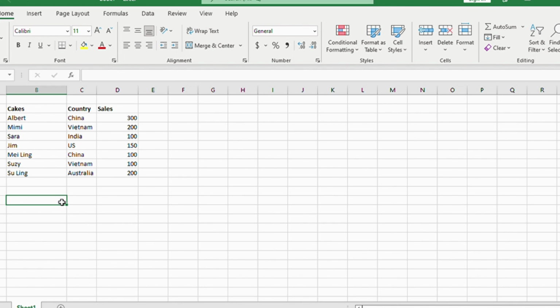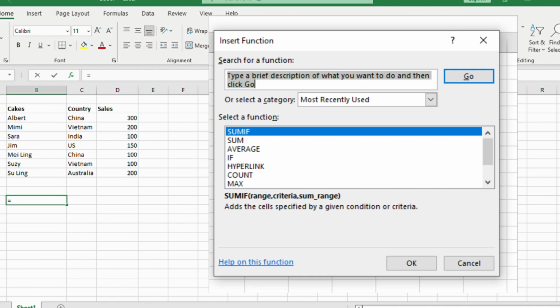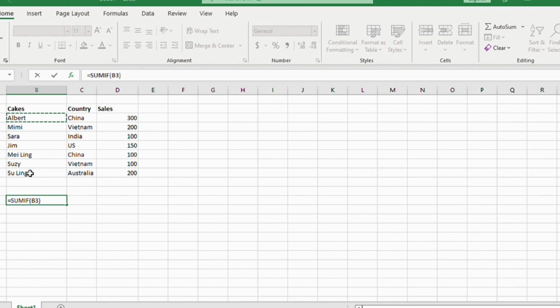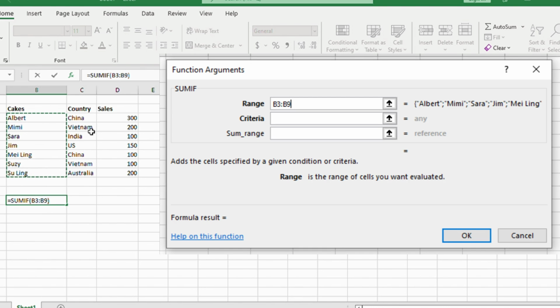Let's see another example. So, we click again, more function, SUMIF, okay. Let's say I want to have the total sales for the name that contains LING, which is Mei Ling and Su Ling. So, for the range, I choose here, highlight it, then criteria, I type